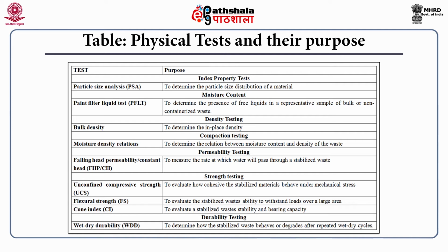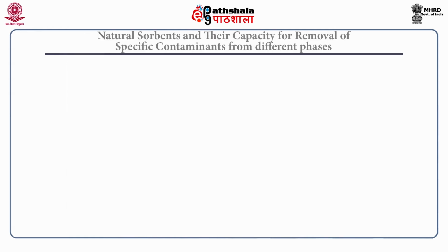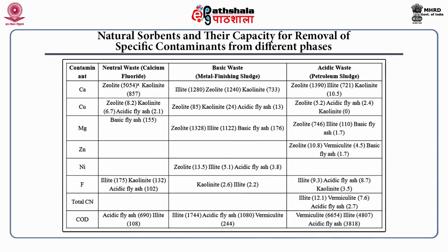Now, to test permeability, falling head permeability or constant head to measure the rate at which water will pass through stabilized waste. Now, durability testing, wet dry durability to determine how stabilized waste behaves or degrades after repeated wet dry cycles. Here is table 2, which shows a number of natural sorbents and their capacity to remove specific contaminants from